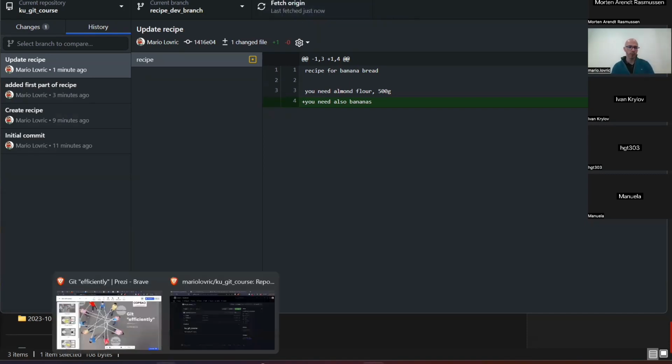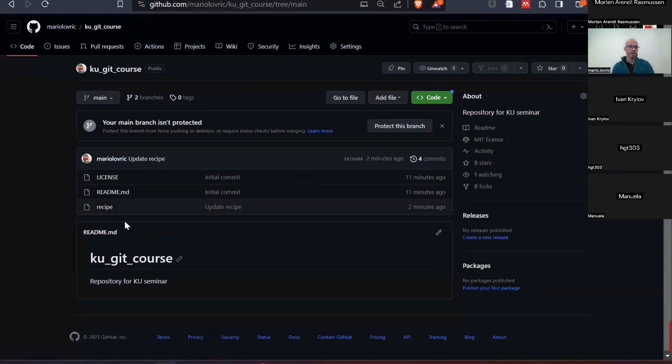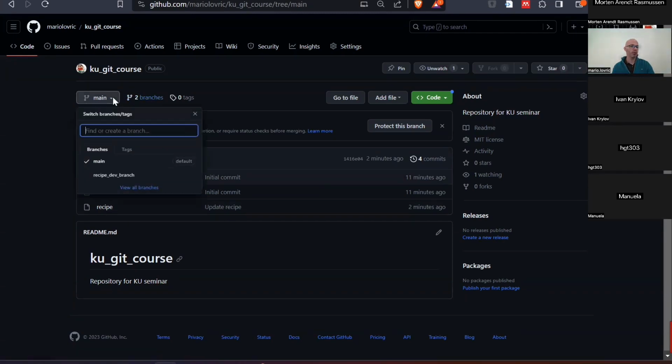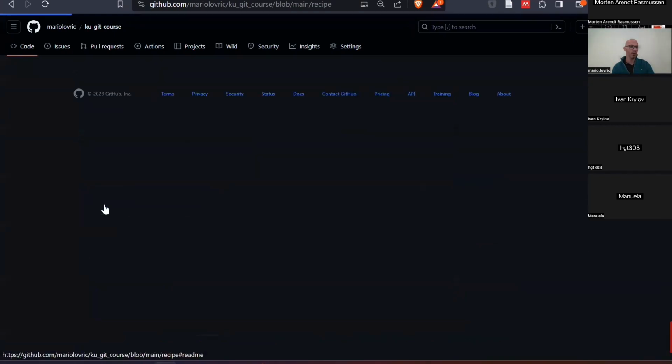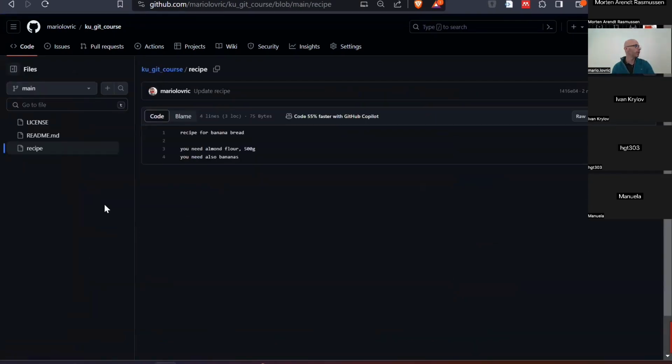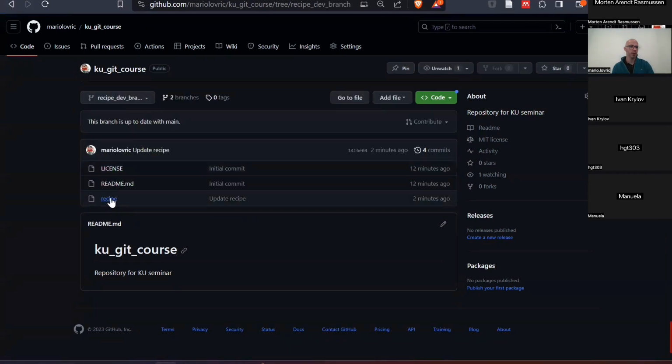Okay, let's go to the repository. Now it says 2 branches. I can choose the main branch or I can choose the recipe development branch. If I go to recipe now, I am in main. I go to recipe. No cinnamon here. If I go back, I go to the recipe development branch. If I go to recipe,